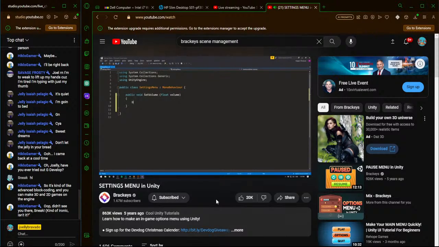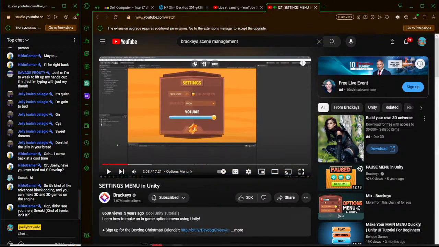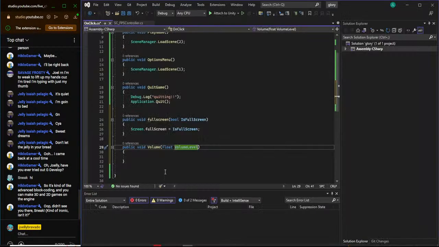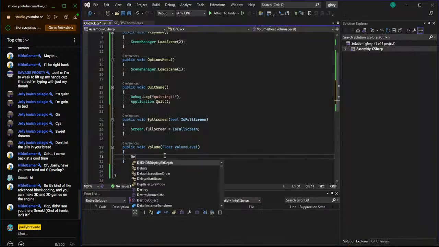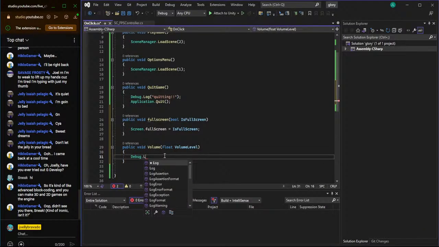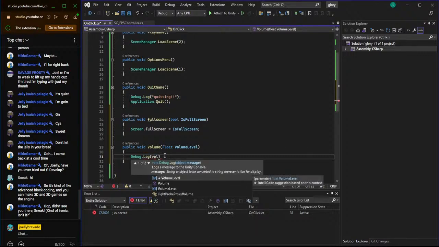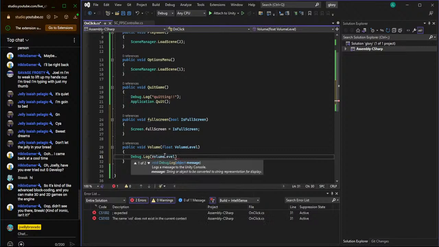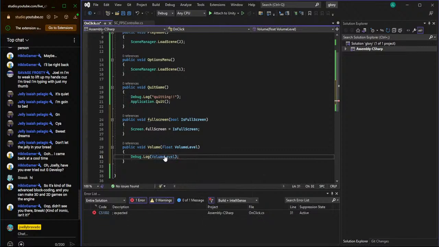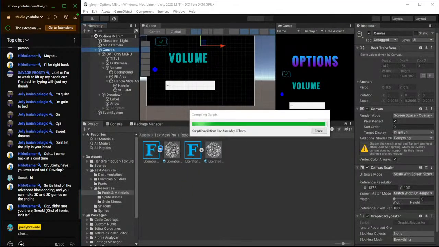Just to show you this happening, let's go ahead and write debug.log and let's display the volume variable. If we now save this, go into... Debug.log. Volume level. Save. So if we head into Unity now,